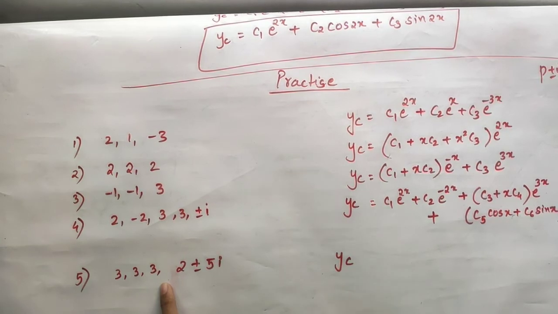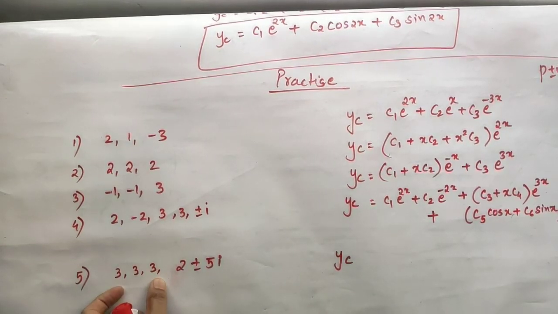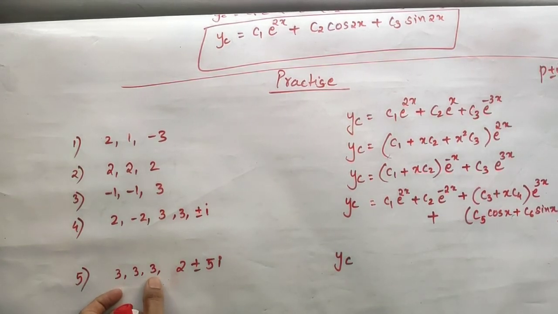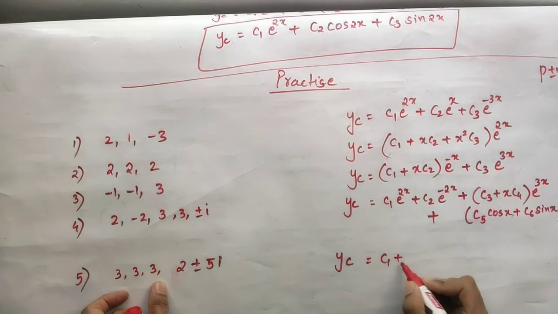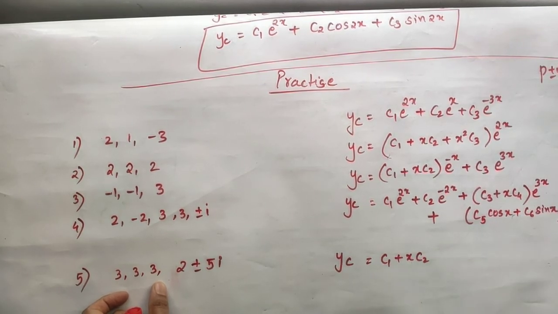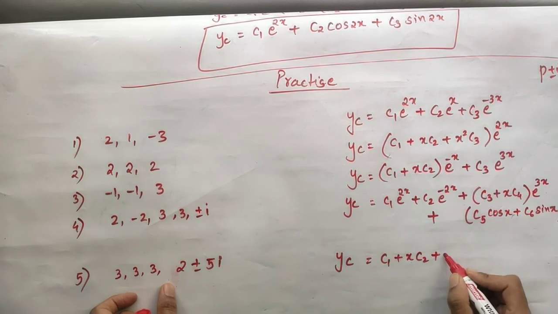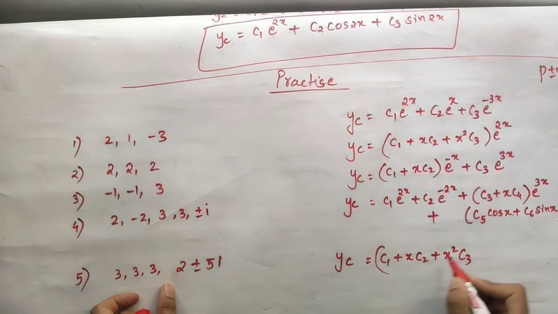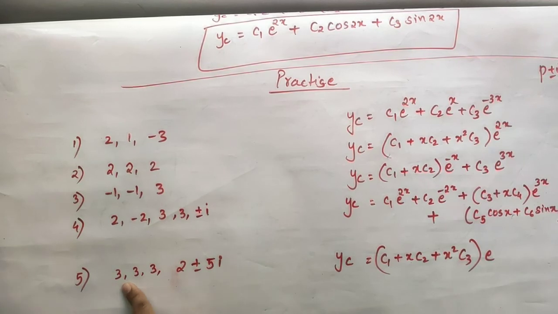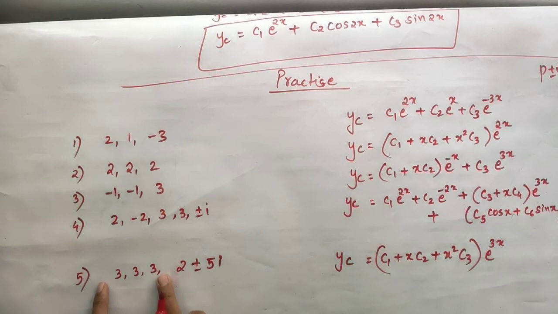Make a note. So first you will write YC with respect to these 3 roots, okay, which are real and equal. When the roots are real and equal, they are repeating thrice. So you should have 3 terms. How they should be? First, constant as it is with no x, plus x into C2, another constant, plus another term should come with x square. Why? Because already x is done. We have no x. So please remember this pattern, all of you. So C3. So 3 terms are done. And what root is repeated? 3. So e to the power 3 into x. That root into x. Okay, you are done. So solution for this part is done.